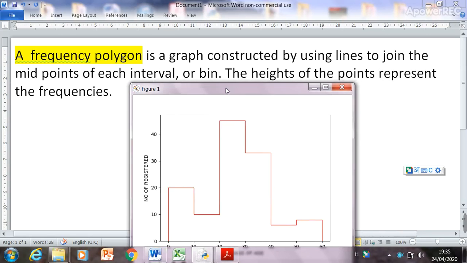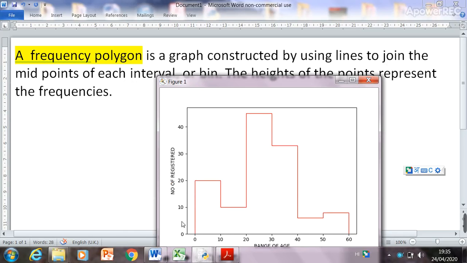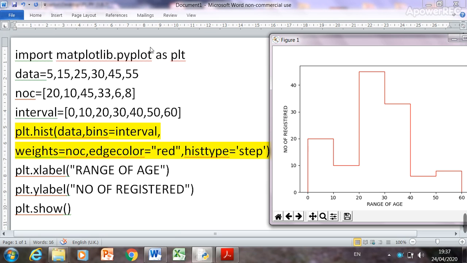Now, frequency polygon. A frequency polygon is a graph constructed by using lines to join the midpoints of each interval, the midpoints of each interval or bin. The height of the points represents the frequencies. Okay, now we are going to represent this data in this